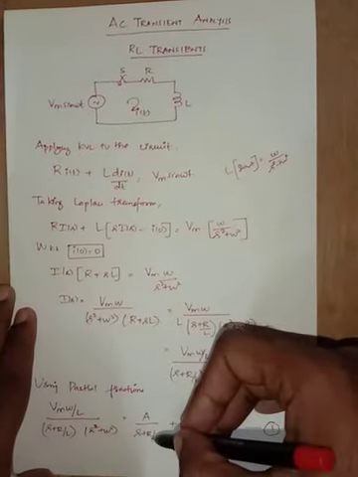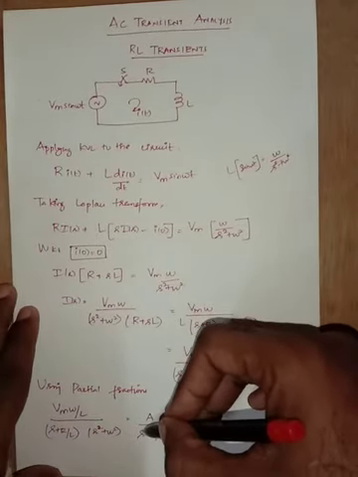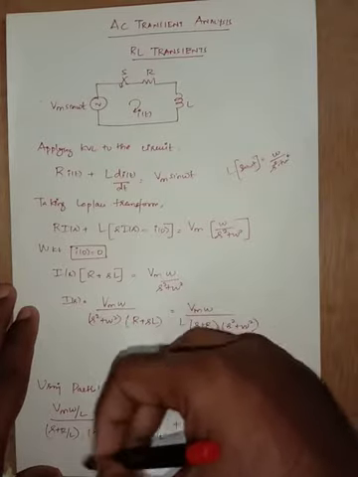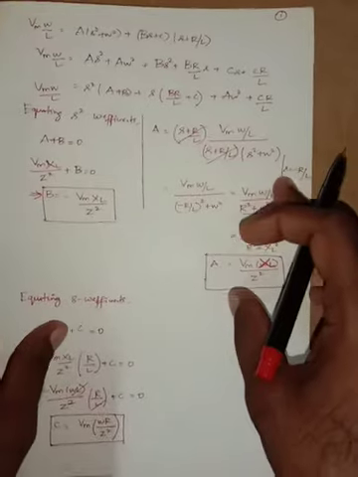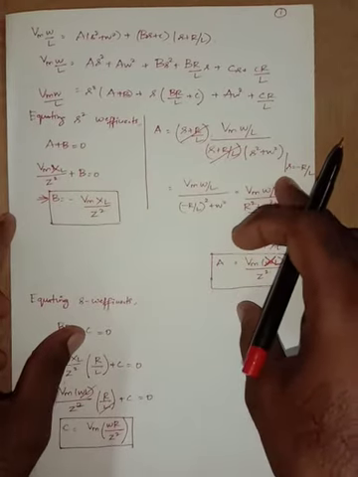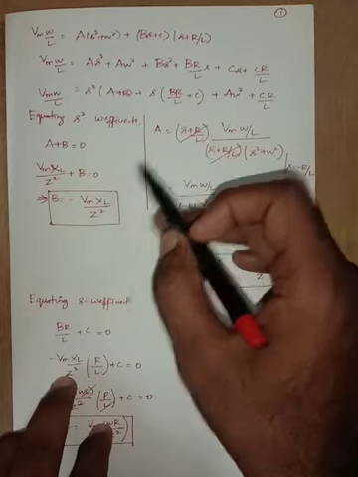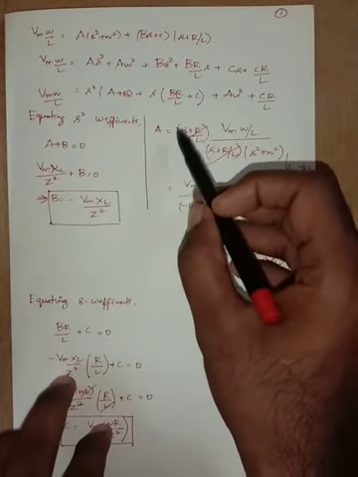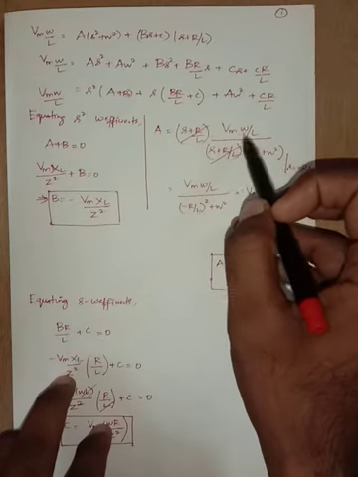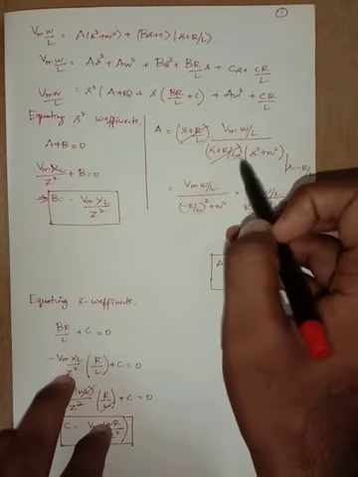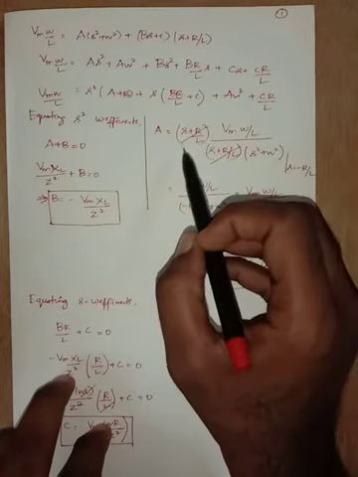So to solve this, I have to take the term under this A and then multiply it with this entire term. Okay, so to solve for A, I'll take A is equal to s plus R by L, which was the term under A in the previous equation, which is equation 1, s plus R by L, into the entire term on the left hand side, which is Vm omega by L divided by (s plus R by L) into (s square plus omega square), at s equal to